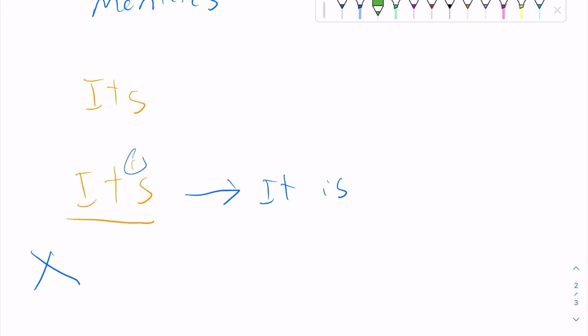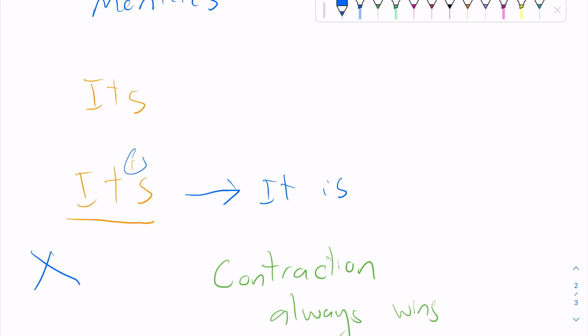Our rule of thumb here is that when there's a fight between the possessive apostrophe and the contraction, the contraction always wins. So, what that means is since this is it is and it is a contraction, it wins the apostrophe. So the possessive has to take the form without the apostrophe. So its is one of the few words that show possession